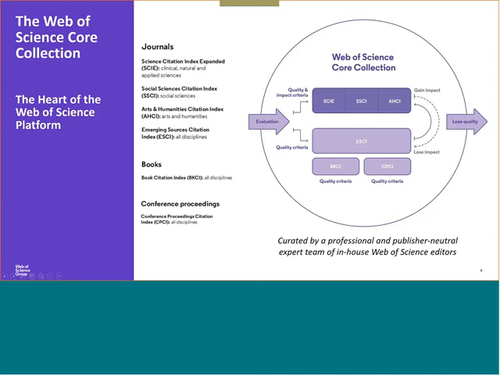Okay, so I'll spend some time to explain the differences in the core collection, just so that you're clear on what each of these are. The Web of Science core collection comprises journals, books, and conference proceedings. Under the journals, we have 4 indexes: the Science Citation Index Expanded, the Social Science Citation Index, and the Arts and Humanities Citation Index being the flagship specialized indexes. The Emerging Sources Citation Index covers all disciplines, and this is where journals sit when they fulfill all 24 quality criteria that we have.